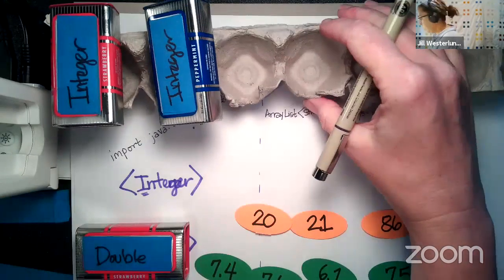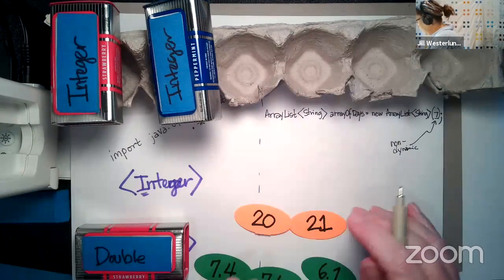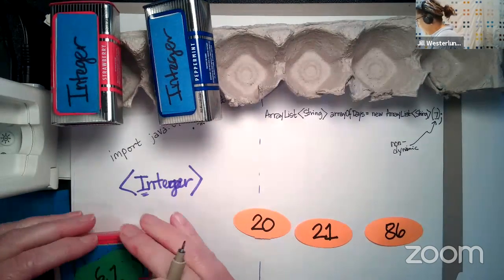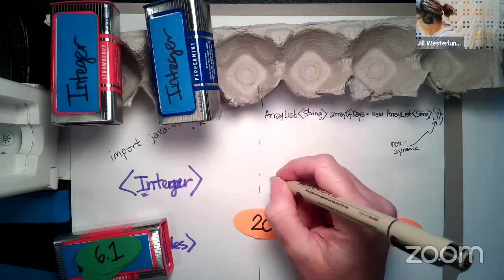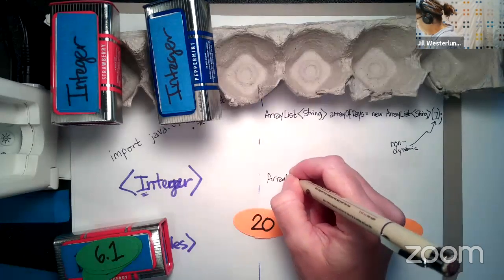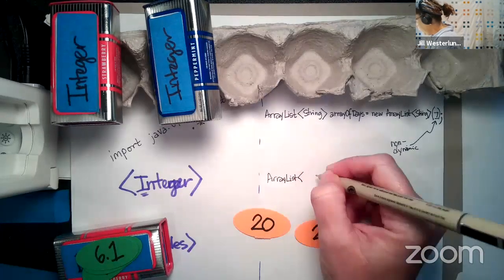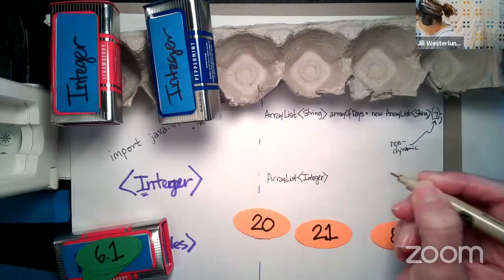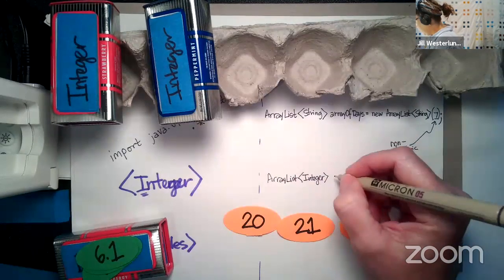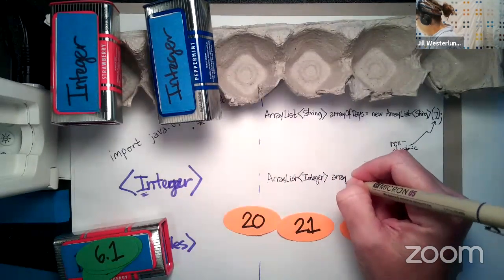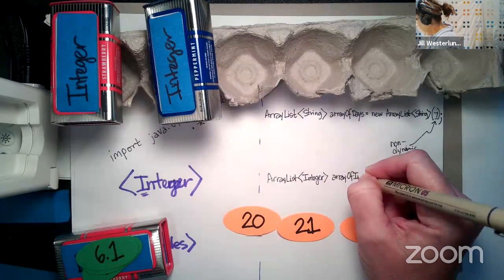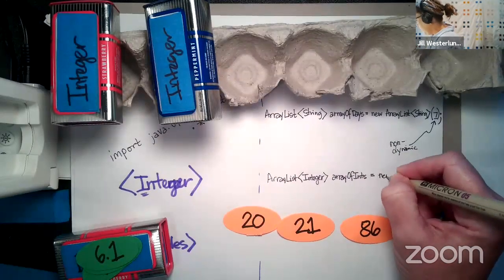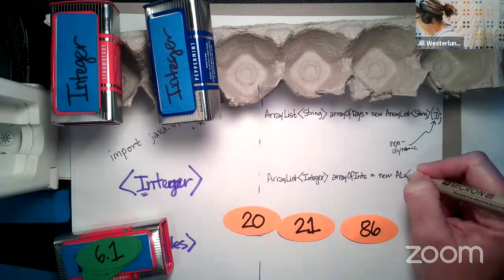And this is where I'm going to kind of cheat a little bit. Down here, I'm going to move these doubles out of the way because we're not interested in that right now. It would be the same thing, array list. And this is where if you write good code, you could do some copying and pasting. I think I call this one in my room array of ints equals new, and I'm going to abbreviate array list integer.